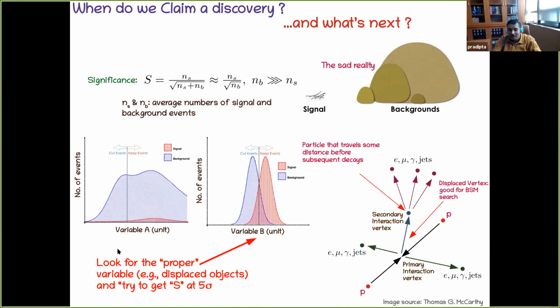to let you know what exactly the experimentalists are doing. So suppose you have some variable A. So this A may be missing energy, maybe transverse momentum, visible transverse momentum, maybe the eta parameter, that is the pseudo rapidity, maybe the invariant mass. And you see that here,